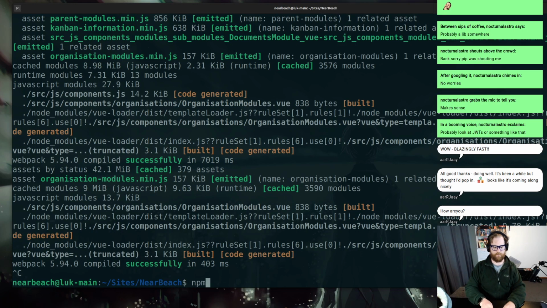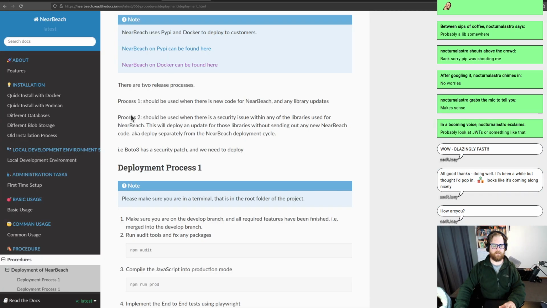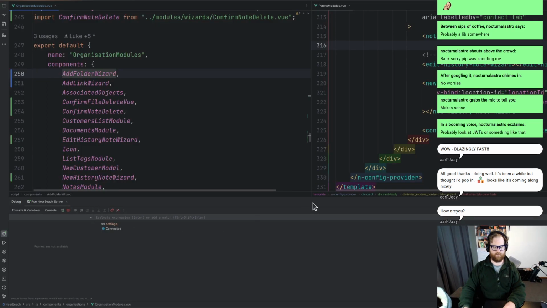Alright, so first things first, let's cancel this. Let's go npm audit. No vulnerabilities. All right, sweet. So npm run prod